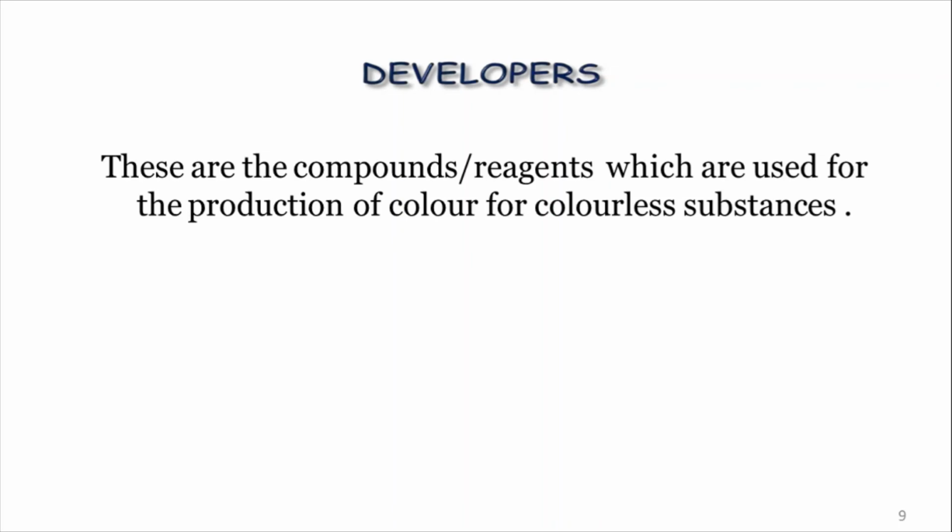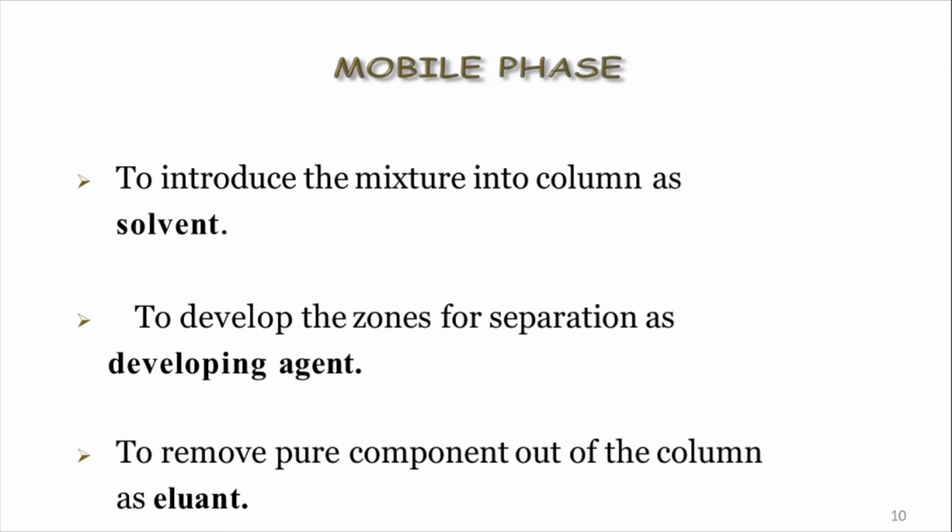Instead of colorless, we are using a colored substance with the molecules. Those molecules are called developers. Developers are colored molecules. The colored molecules do not interfere with the adsorption or solubilization and other phenomena. They only identify where the molecules migrated, where the mobile phase migrated, when it eluted, how we collected. So those informations are directly indicated by the developer molecules. Number two is the mobile phase.